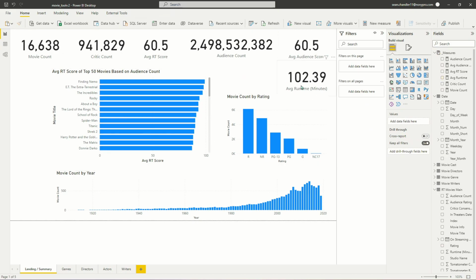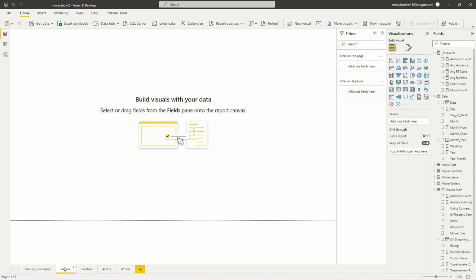All I'm doing is setting up the bare bones of the data visuals on each page. Obviously, in one of the accompanying videos for this tutorial, I'm going to be going through and cleaning up everything and making it look more attractive. But for now, I've got most of the visuals here that I think are going to make sense on this landing page. And of course, I'm also going to be adding some slicers and stuff to give a user the ability to filter and find what they're looking for. Okay, so now let's go to our genres page and try to lay out some visuals that